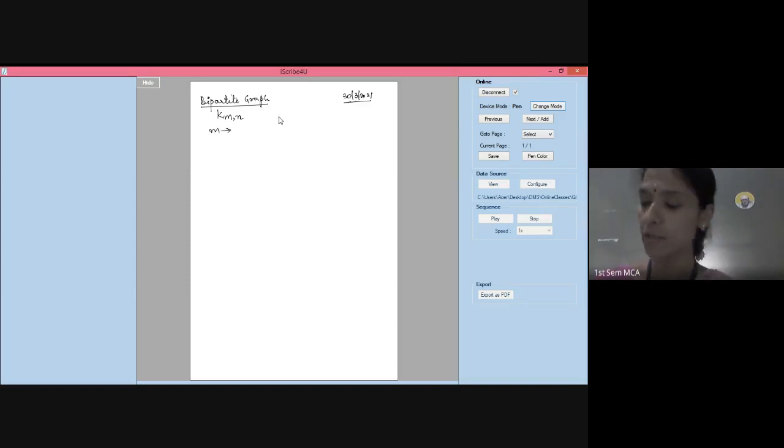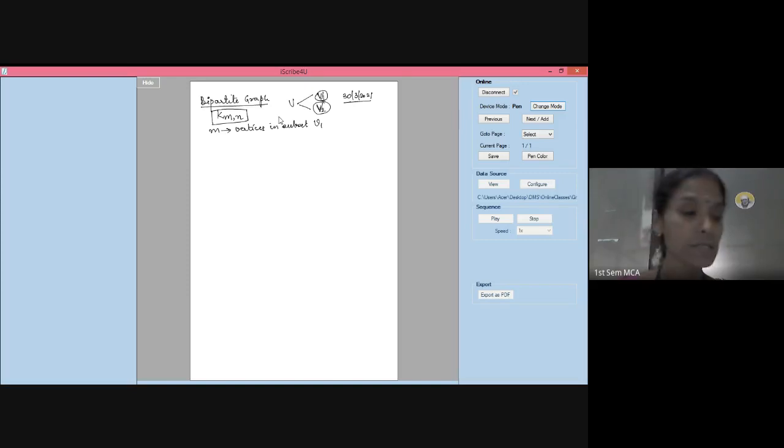What is m here? M contains the vertices in subset V1. I said bipartite graph, the set of vertices is divided into two subsets, V1 and V2, right? And every edge should always be from V1 to V2. Every edge should be like that only. You cannot have an edge between the vertices among V1, or among V2. So the bipartite graph is always represented as K of M comma N.